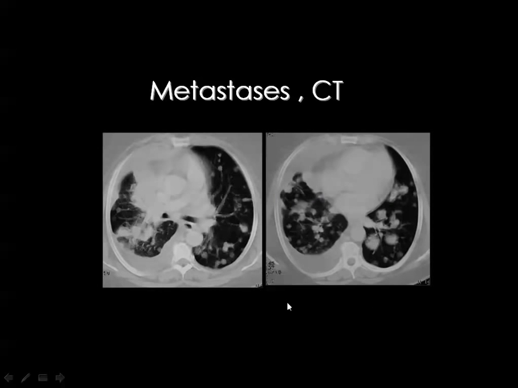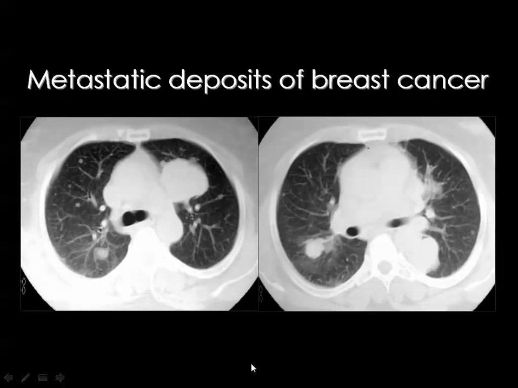The same applies if you see multiple variable size pulmonary nodules on CT, with pleural effusion; these nodules should represent metastatic deposits. Metastasis may be large in the form of masses and may be small in the form of nodules. A mixture of both